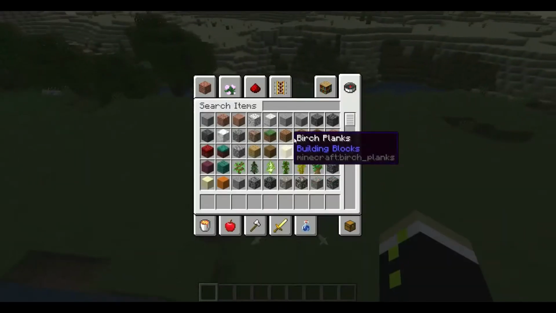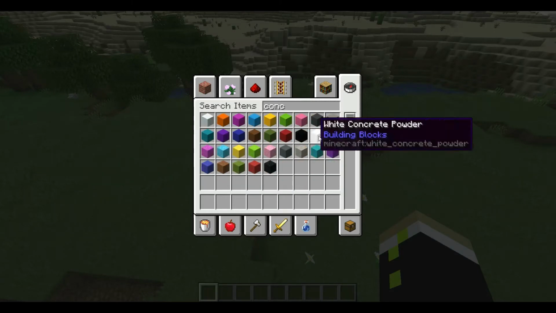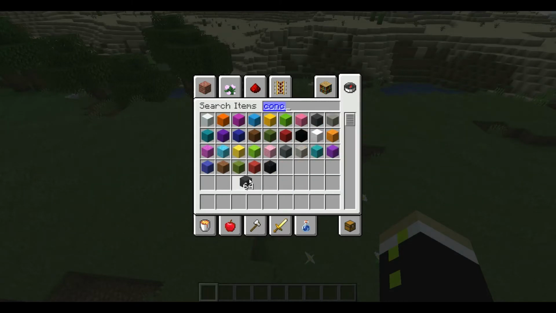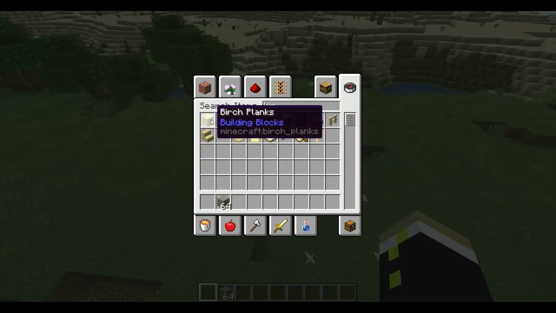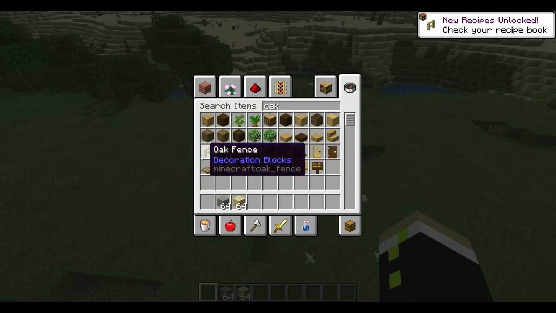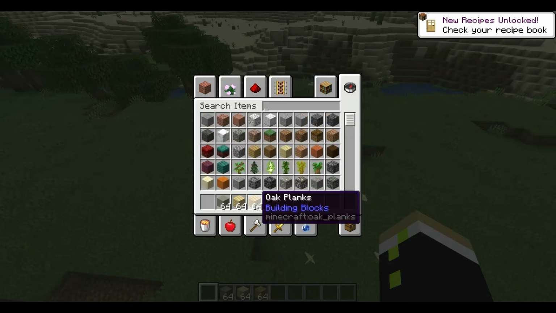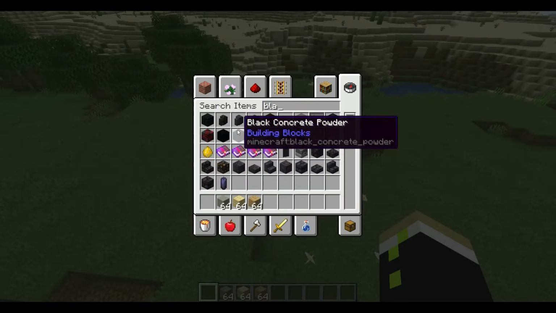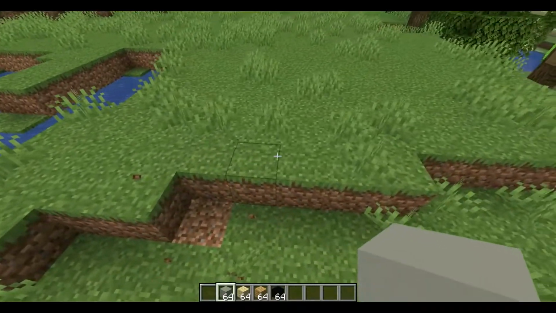Okay, good spawn. Okay, so what we need is, no, let's go with concrete. What I want to do is get light gray, and then I want birch, and then birch, and then I want oak. And I want black. Okay, so this is kind of an interesting idea. This one I'm going to do